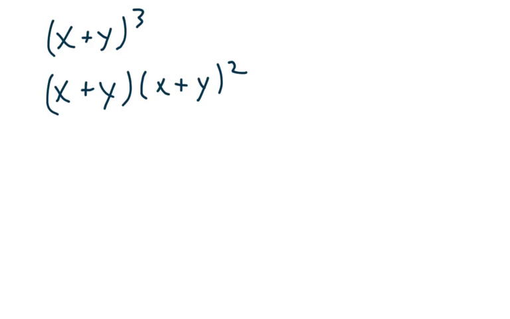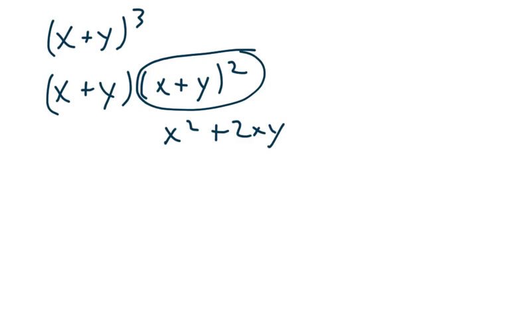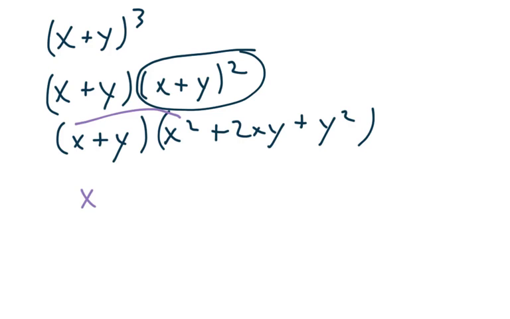Well, we already know x plus y squared is x squared plus 2xy plus y squared. And so all I need to do now is times that by x plus y. So I'm just going to do x times x squared, x cubed. X times 2xy, 2x squared y. X times y squared,